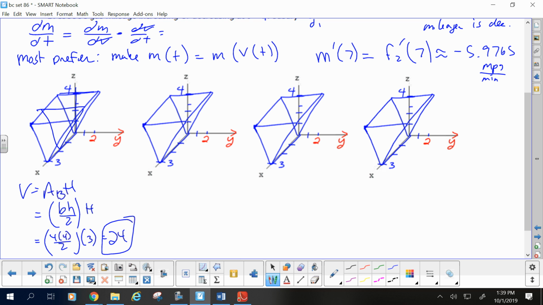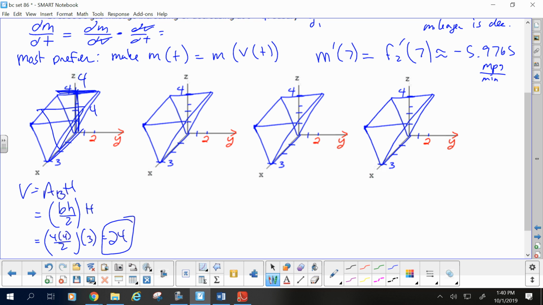So the question is, how did you cross-section it? 12? Did you do left to right? The base isn't the base 4 and the height 4? Yeah, it is. And so isn't the area of the triangular cross-section